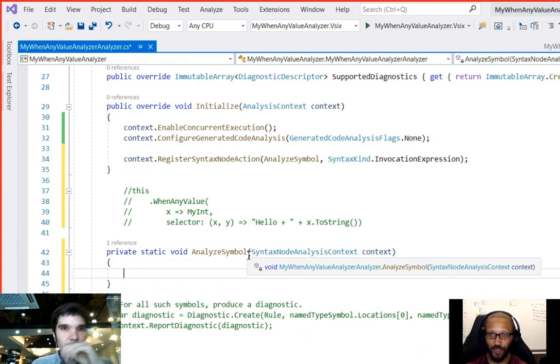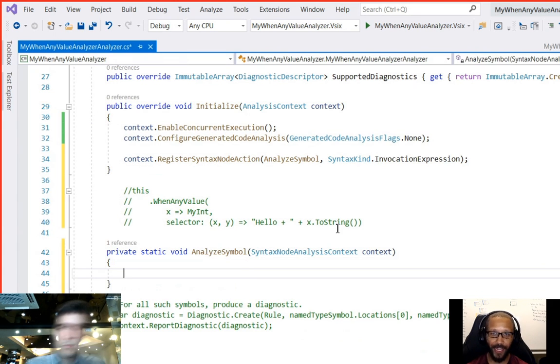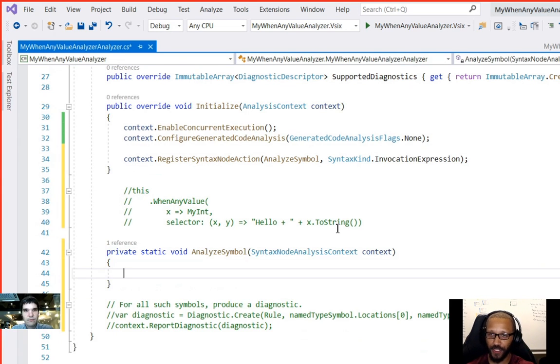We can then register whatever we want to it, and then we can act on it once the trigger for this thing comes to light, right? Because it's just basically like an observer pattern, I would assume. Yeah. Right, yeah. It'll pass us every single invocation expression that it finds. So if we do var invocation expression equals